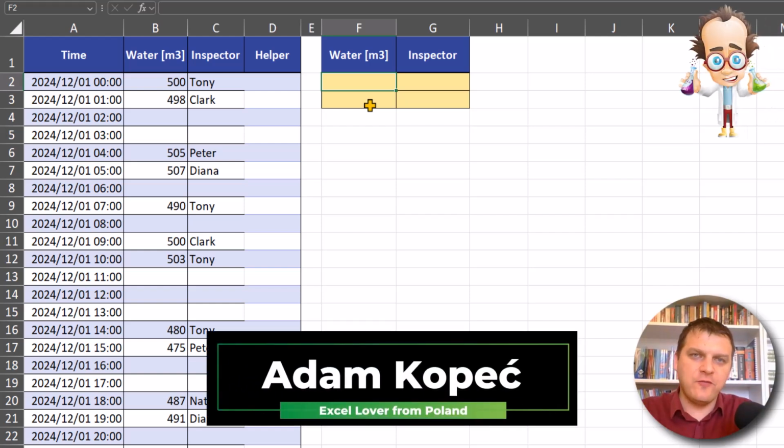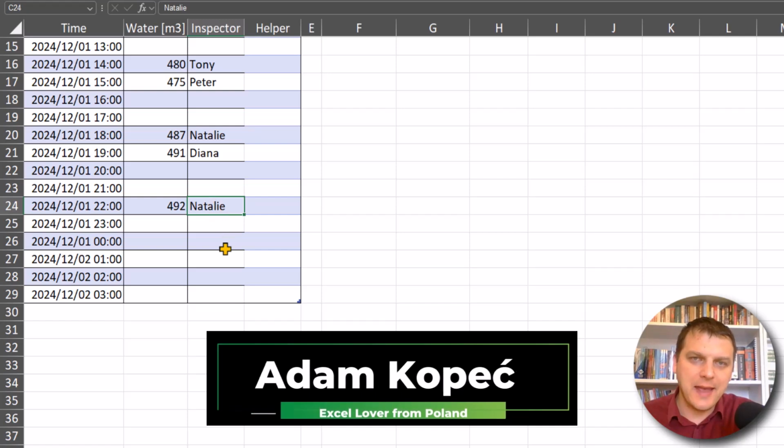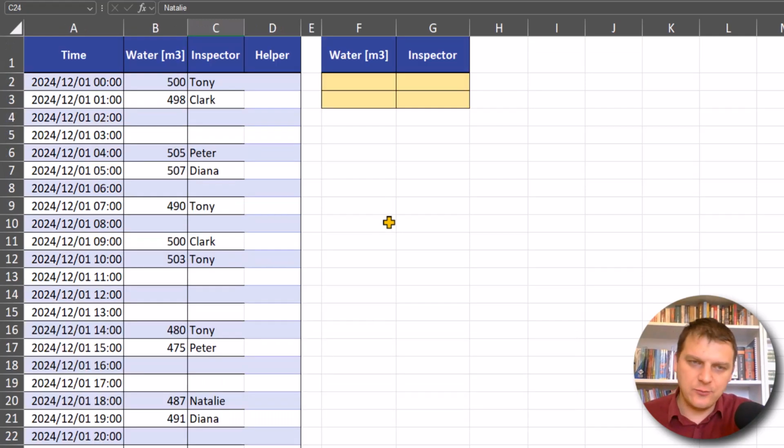Today I want to find the last value, so the last not empty cell. And how can we do it in Excel? We can use at least two formulas, one with XLOOKUP and one with the LOOKUP function. And to make those formulas easier, I will show you a helper column where we are checking if the cell